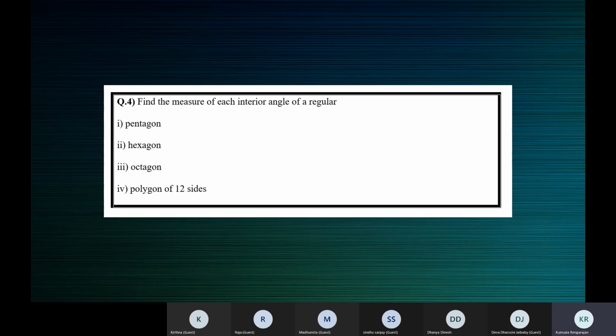The other method is, we know that the sum of all the exterior angles is always 360 degrees. So 360 by 6 because it is a hexagon. 360 by 6, 60 degrees is the measure of each exterior angle of a regular hexagon. So each interior angle will be 180 minus 60, 120 degrees. Work, children, work all the 4 subdivisions using both the ways.